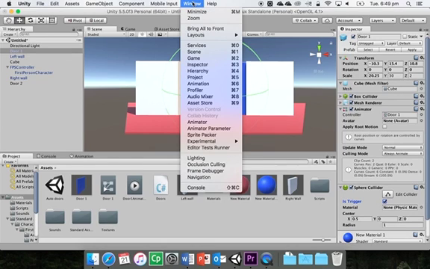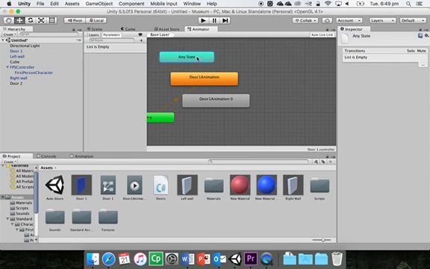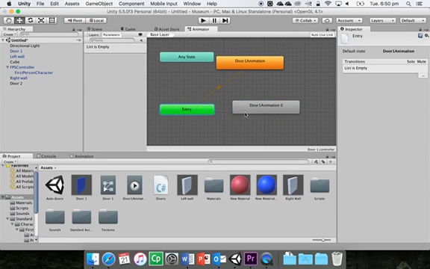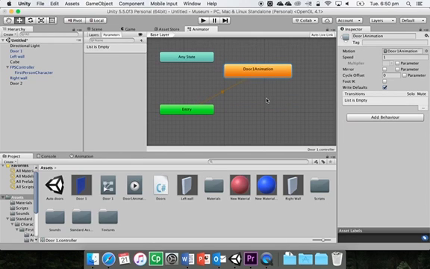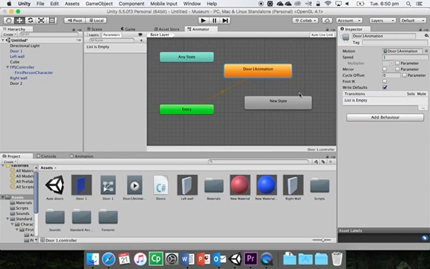And the next thing that I'm going to do is go to Window and go to Animator, and it's going to bring up these parameters. I've actually already got something in place. I'm just going to delete this one just so we can make it clear. So in this animator section, I'm just going to right click and create an empty state, and I'm going to click that empty state and rename that